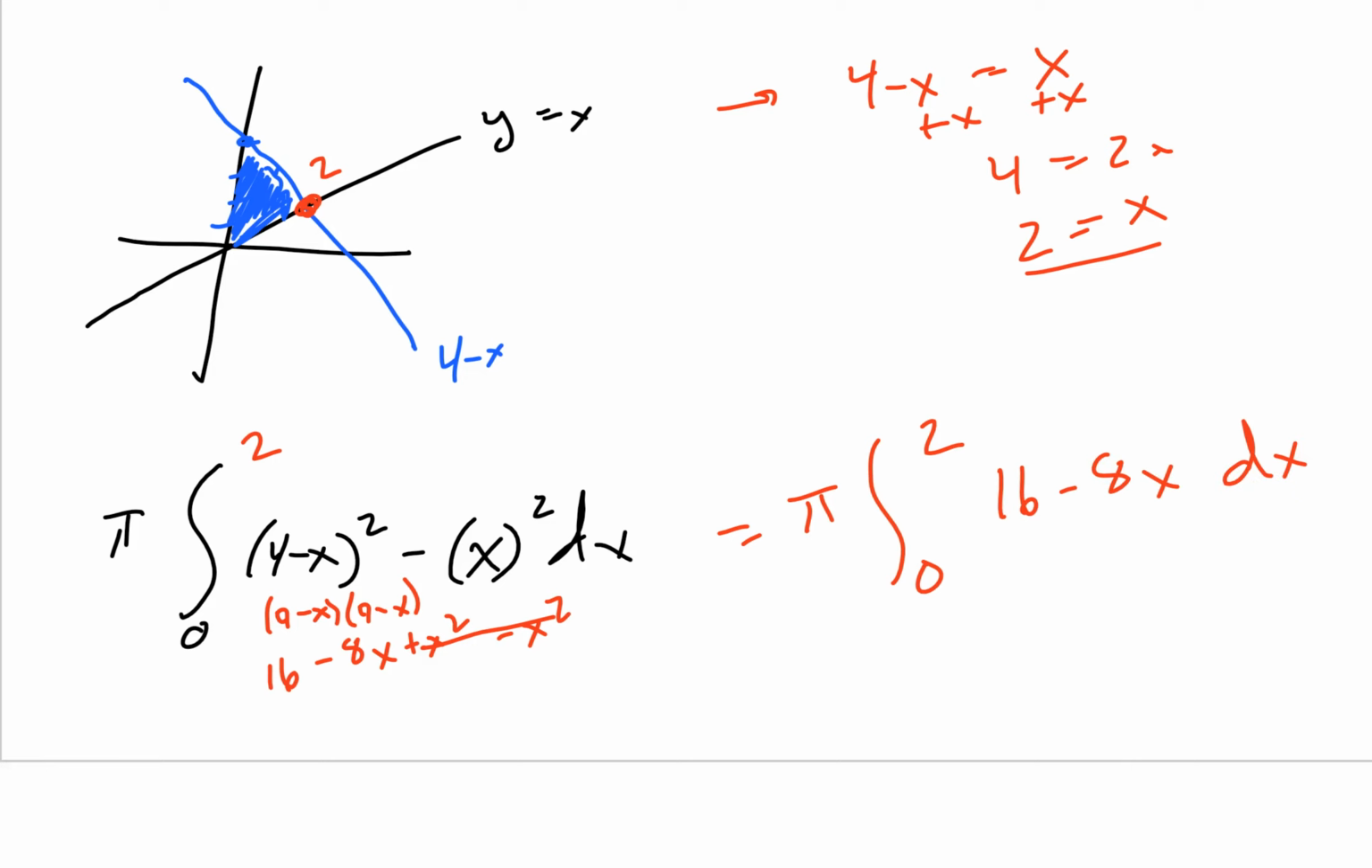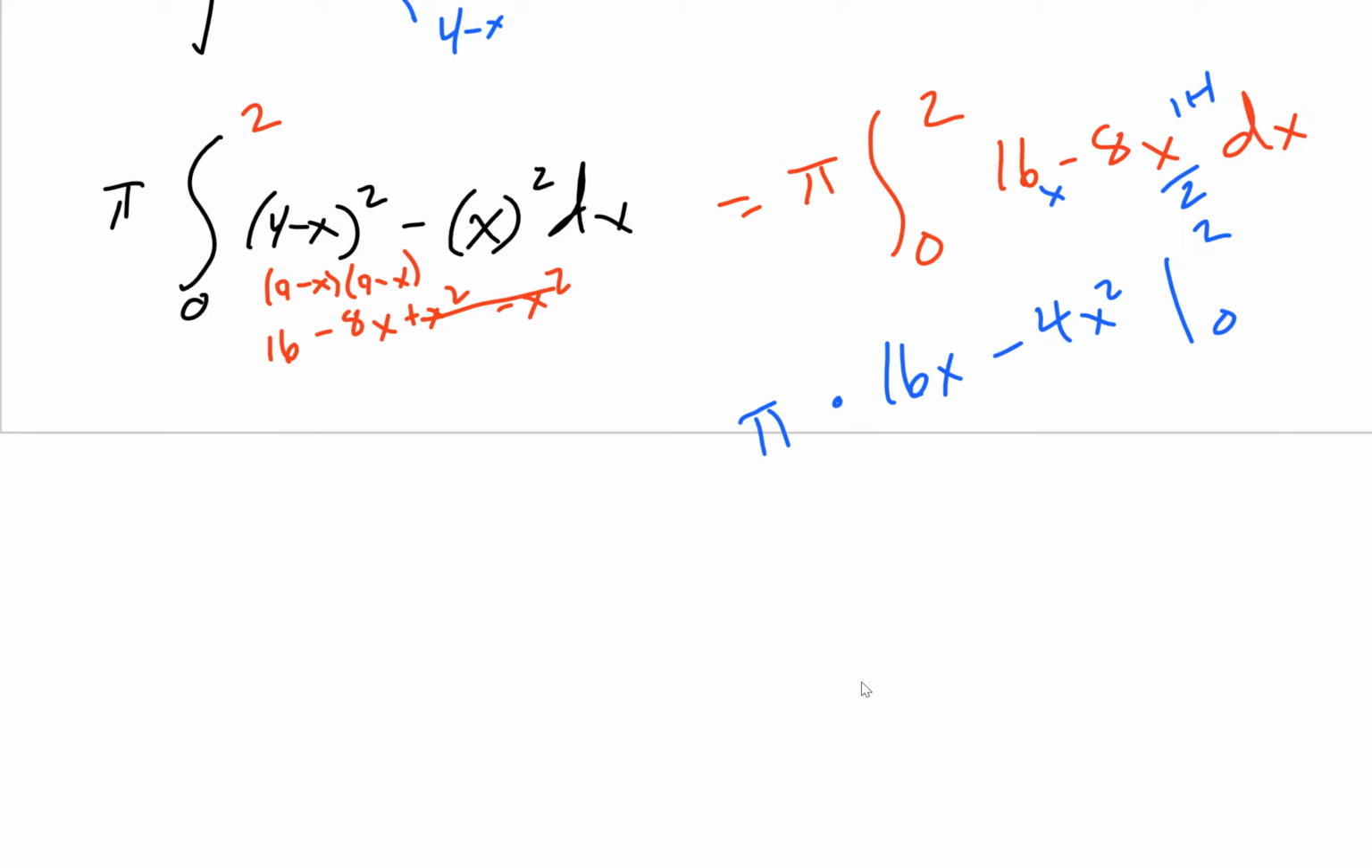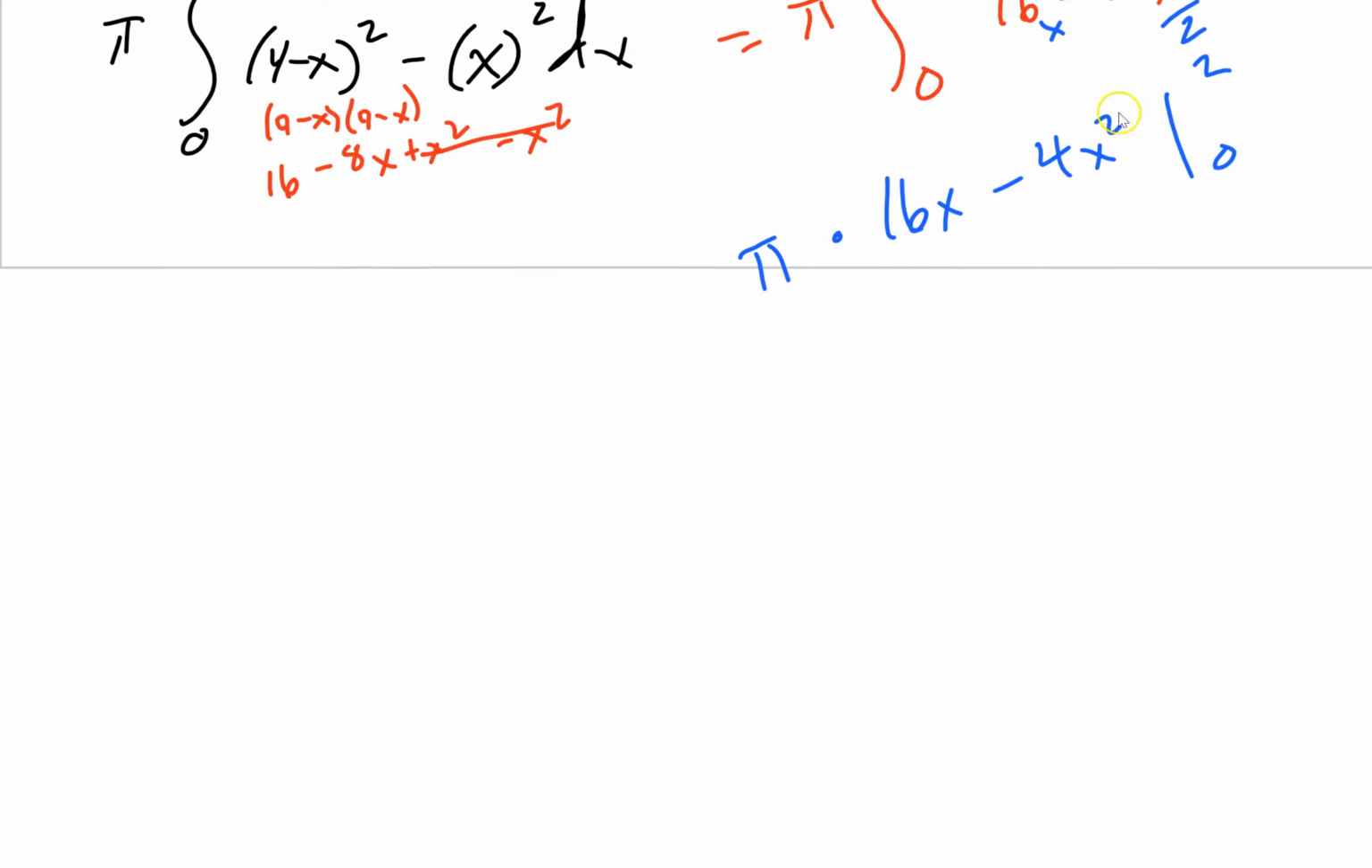And that's easy enough to solve. Let's finish on a strong note. So we integrate this. This is a power rule. So we're going to get 16x minus 4x squared from 0 to 2, all times pi. Then from here, as we always do, plug the top one in minus plugging the bottom one in. So it's going to be pi times